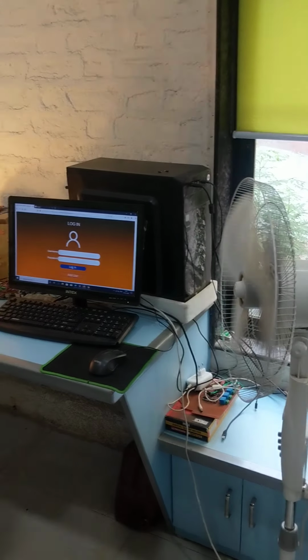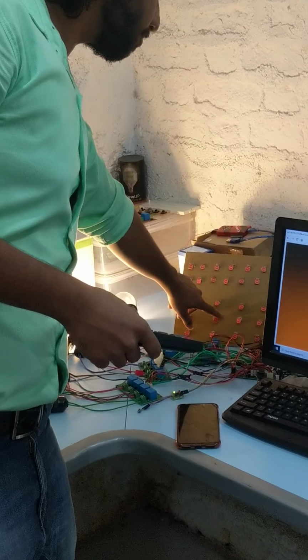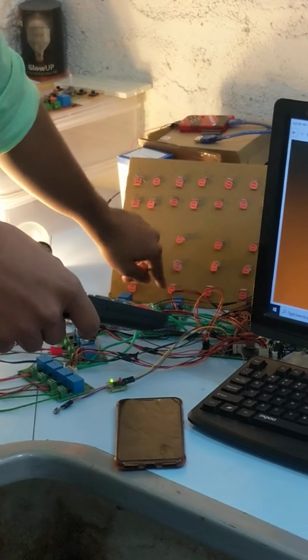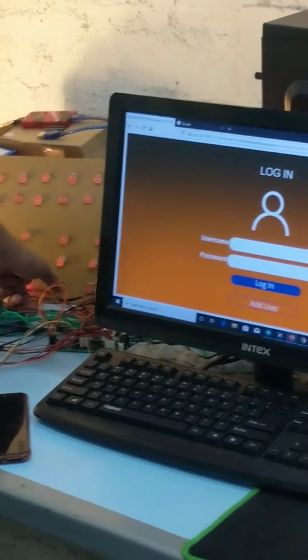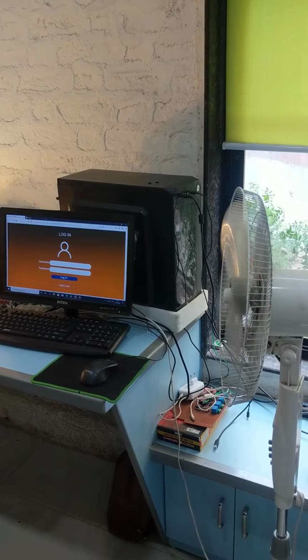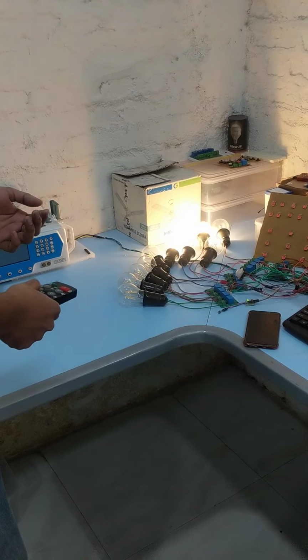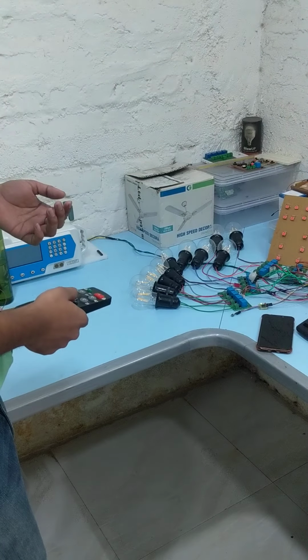And we can increase the speed of the fan. So you can control the complete appliance, the speed as well as turn on and turn off. True. Okay. So the same can be done with the help of the remote, which you can operate from over here.